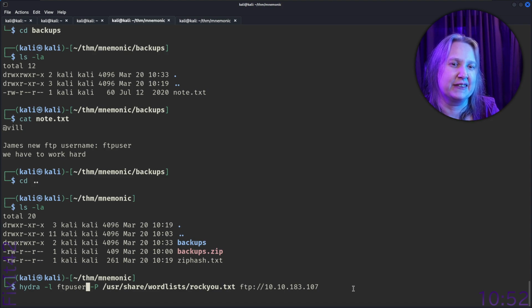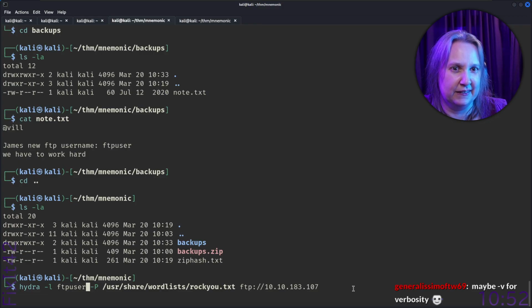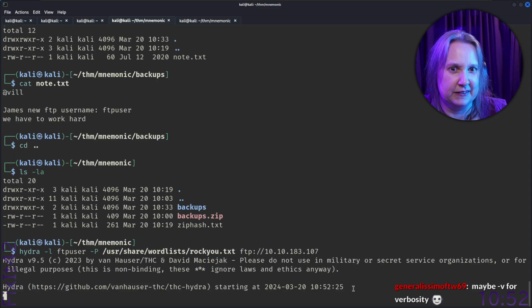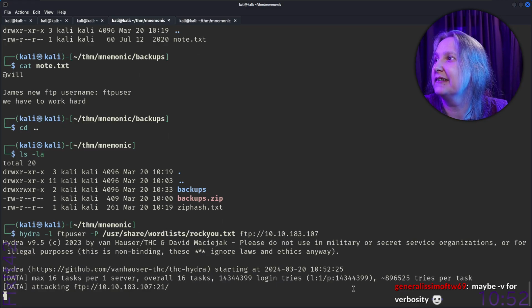Maybe not the best example for a TryHackMe box to have the user of FTP called FTP either. Maybe V for verbosity, so we could get more information. Yeah, that's nice. I'm scrolling up in my notes there. I had V for verbose and helpful catching errors.